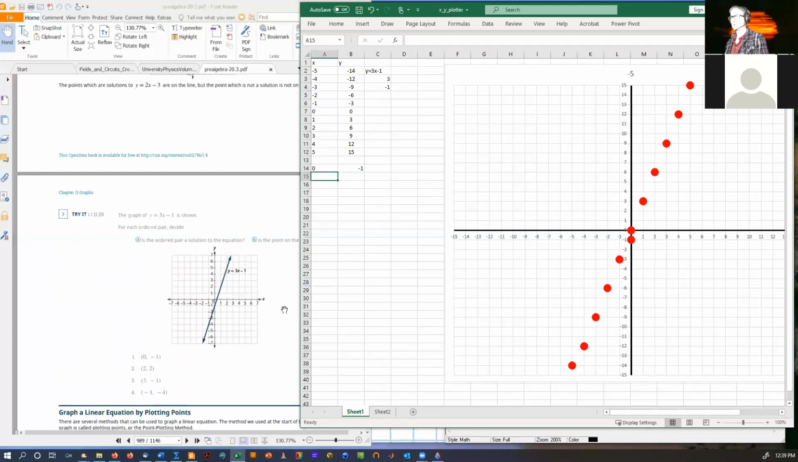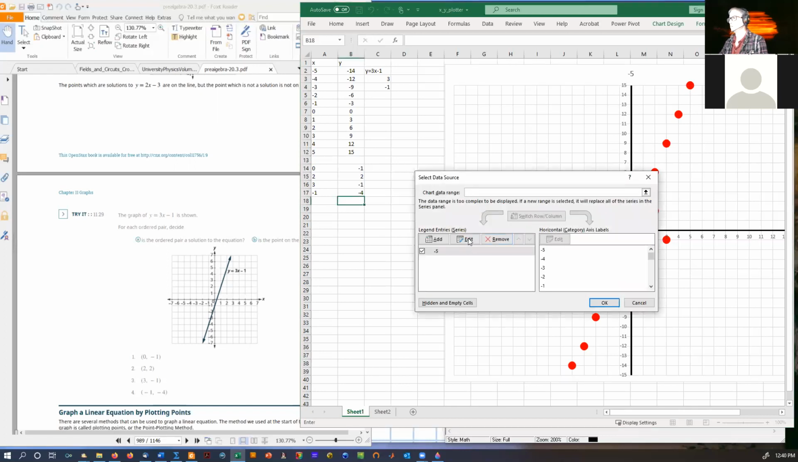Let's look at 2, 2, not on the line. 3, -1, not on the line. -1, -4, not on the line, right? So it's really easy, and if we wanted to get really clever about this, what we would do is we would modify our spreadsheet so that it,